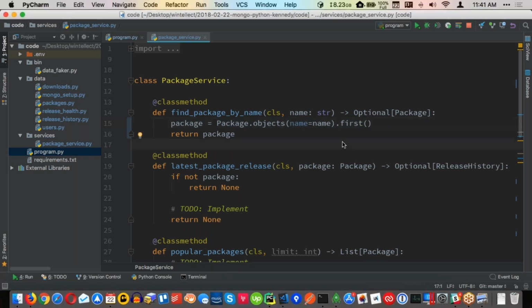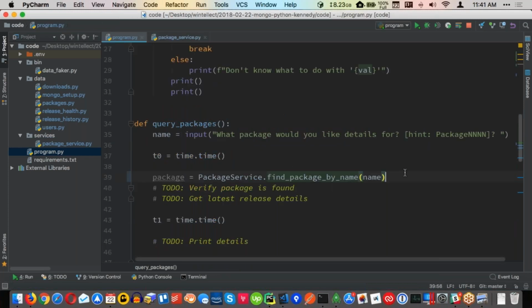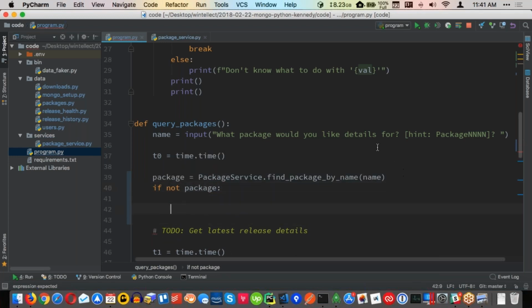So that should work. Let's go and see if we can do something with this. Let's first verify the package exists. Well, if not package, for those of you who don't do a lot of Python, this is a little bit like C++, you can basically test against whether this is none or null. And we'll say print no package